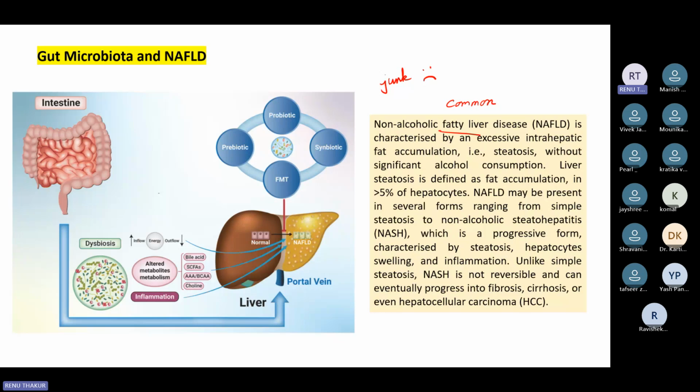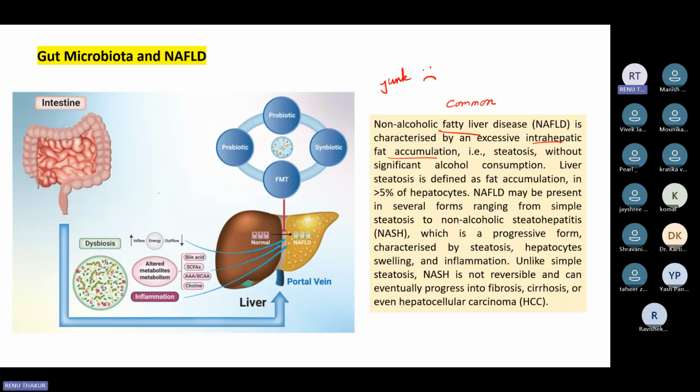So whenever we are eating junk, whenever we are not doing so much activity, whatever we are consuming, we are not burning it. So then there will be an accumulation of a high amount of fat in our body. Then it will again start inflammatory responses. So NAFLD is characterized by excessive intrahepatic fat accumulation. Whenever there is NAFLD, so many of your profiles will be altered. Like your total cholesterol will be altered, your bad cholesterol will increase, and your good cholesterol, that is HDL, will decrease. So it will ultimately result in fat accumulation.